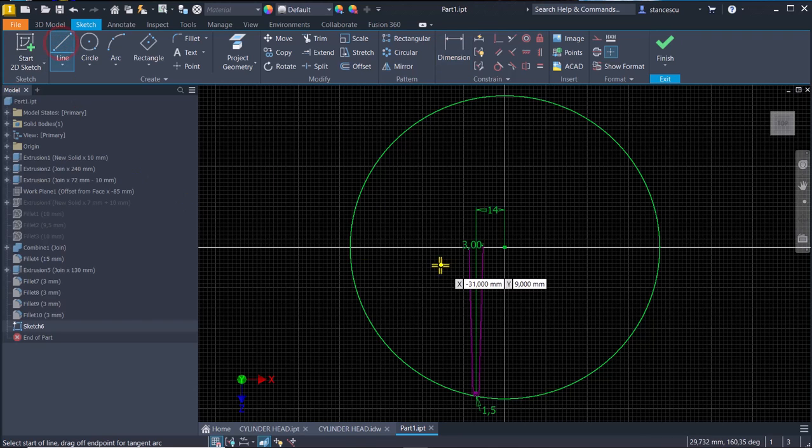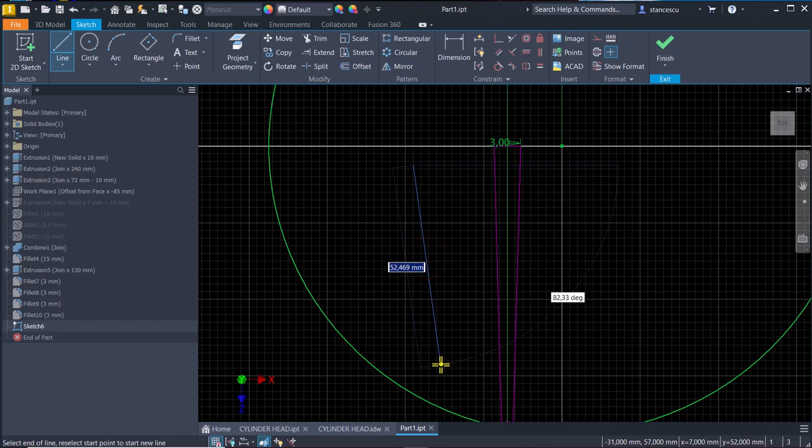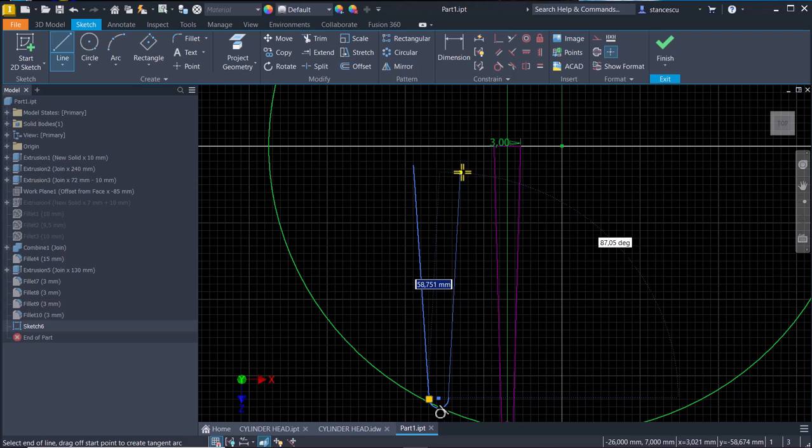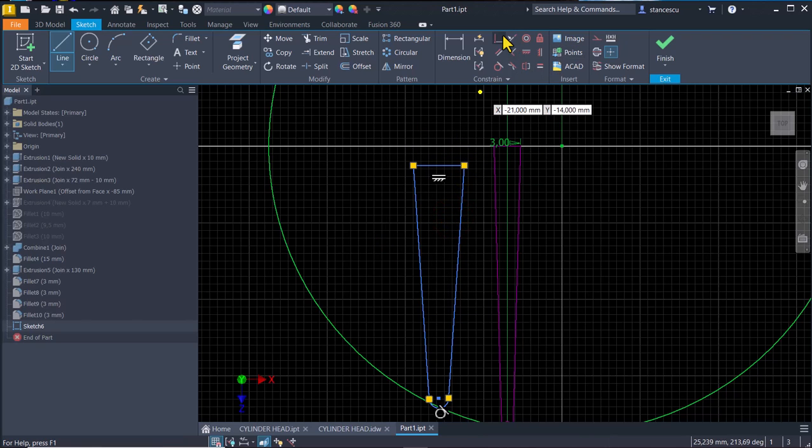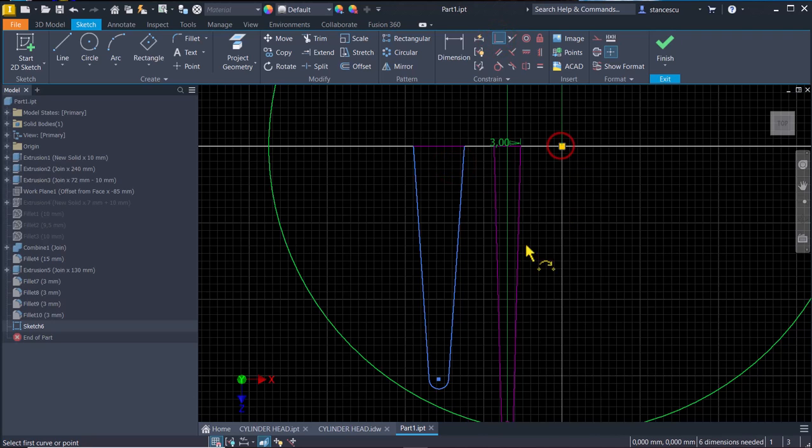Same is for the other one. Again, keep pressing the left button, go to the right up on the same level with the first point, and then close. Once again, coincident this line with the center point, tangent if not